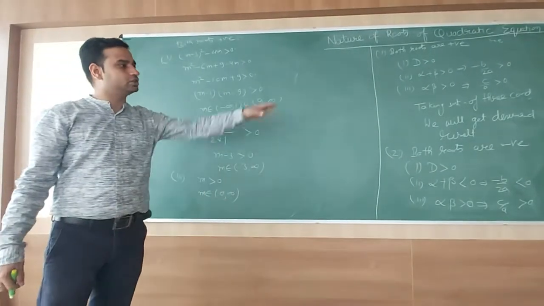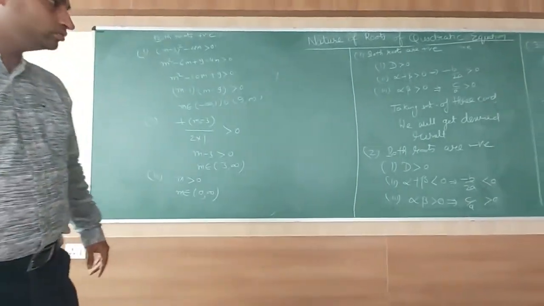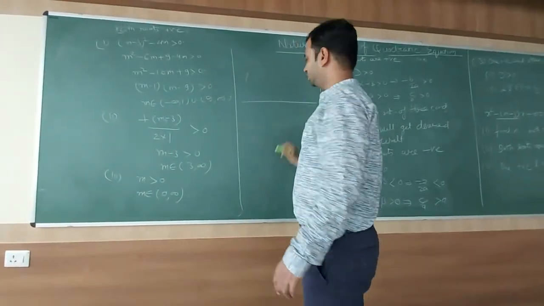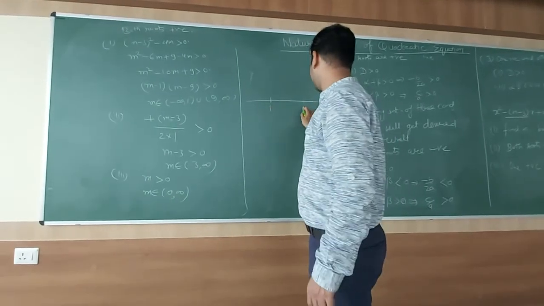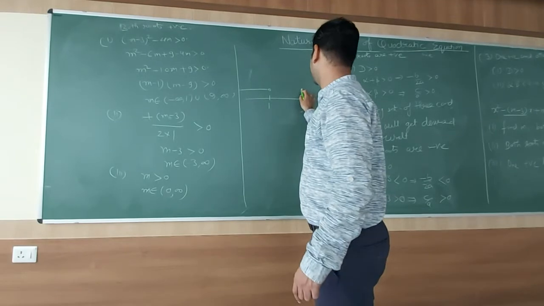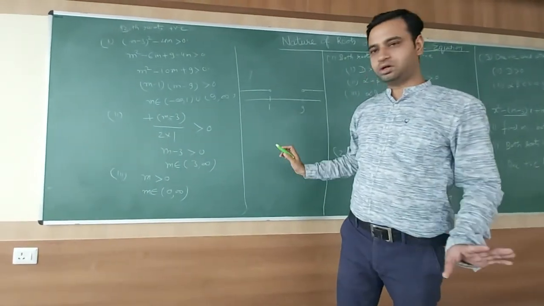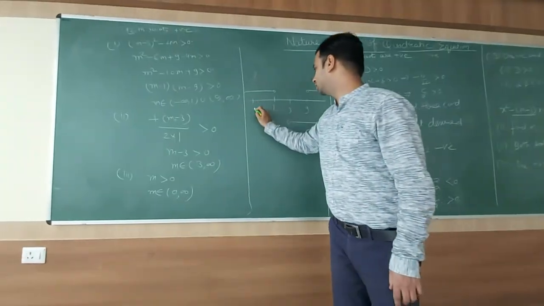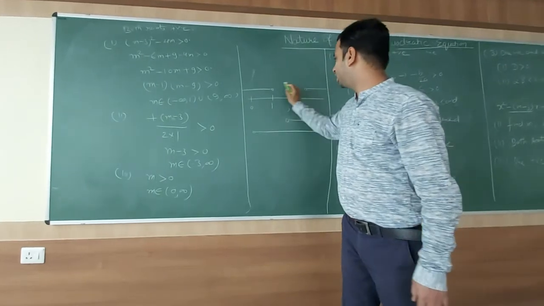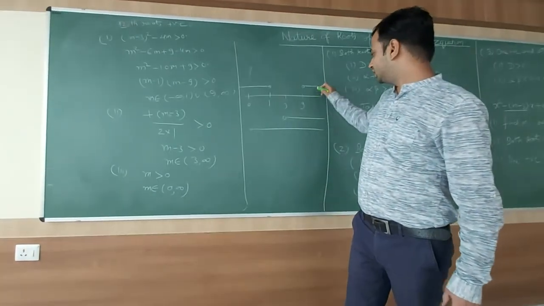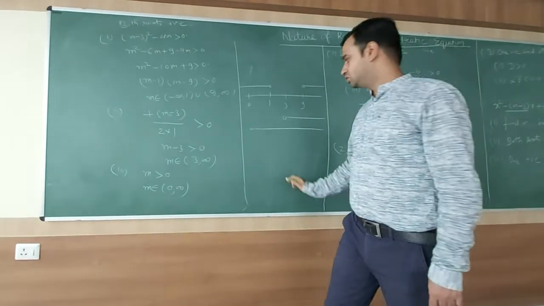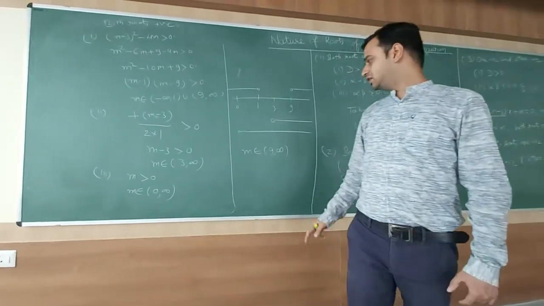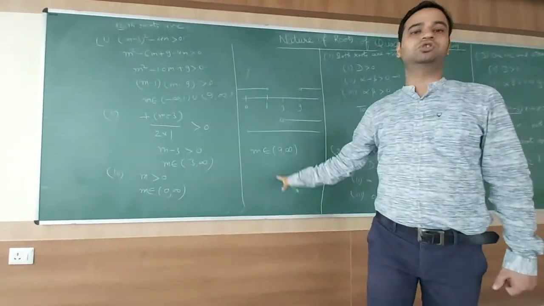Now taking the intersection of these three, we will get the desired result. So I am taking the intersection. Here I will use this number line to show you what I have. 1, 9, so it is minus infinity to 1, 9 to infinity. The first point I have drawn on the number line, and it is 3 to infinity. And now the third one is 0 to infinity. These are open interval signs. So we see that the three regions are common from 9 to infinity only. So the answer will come out to be m belongs to 9 to infinity. So friends, this is the result for the m variable where both roots are positive.